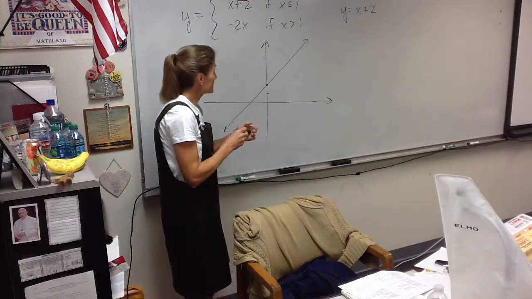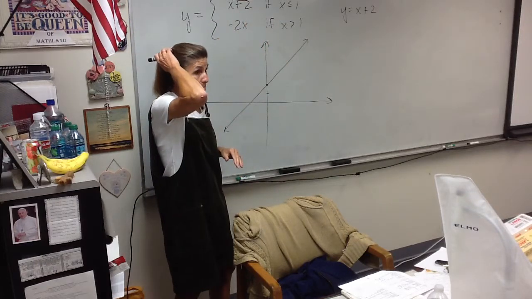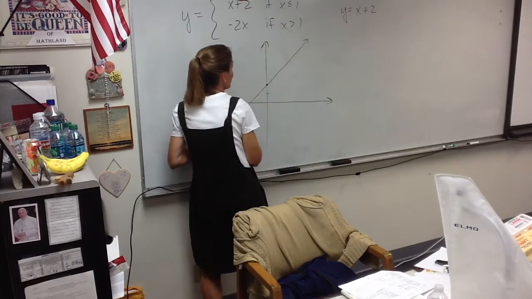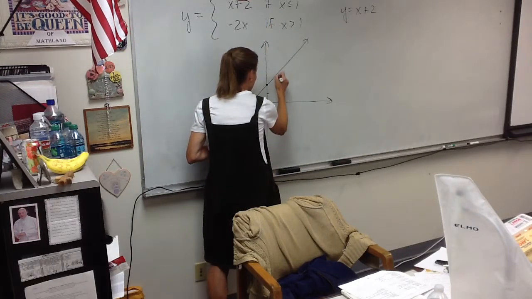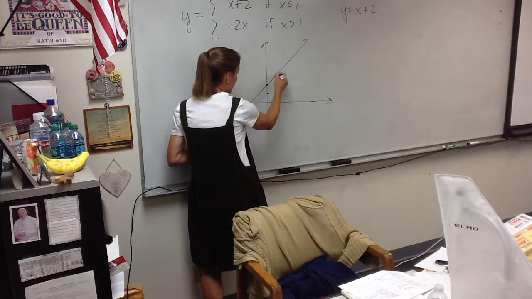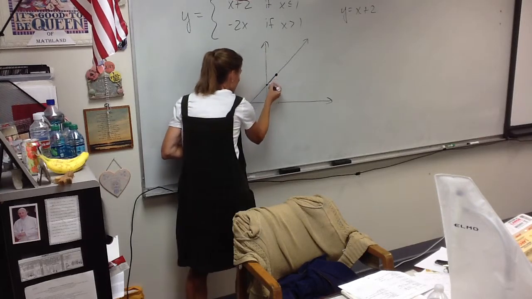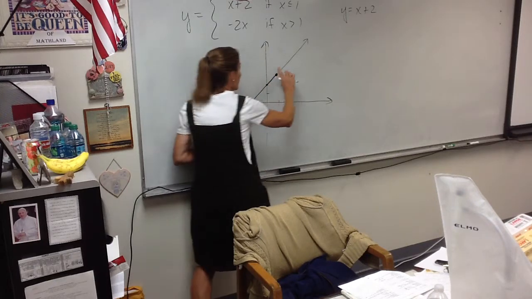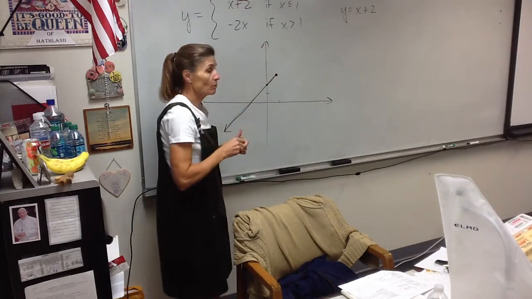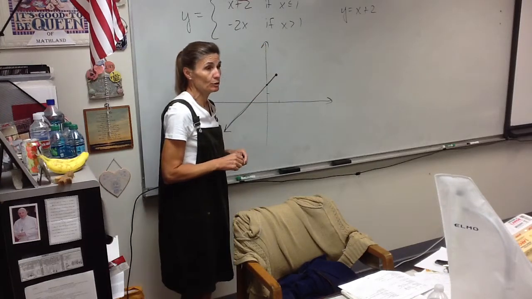Now the problem is, that's the line right there. The problem is I don't want the whole line. I only want the part of the line where x is less than or equal to 1. Here's where x is 1. This is where x equals 1 right there. And I only want the part where the x's are less than that. So I don't even want this part of the line, so I'm just going to erase it, because I only want the part of the line that has x values that are less than or equal to